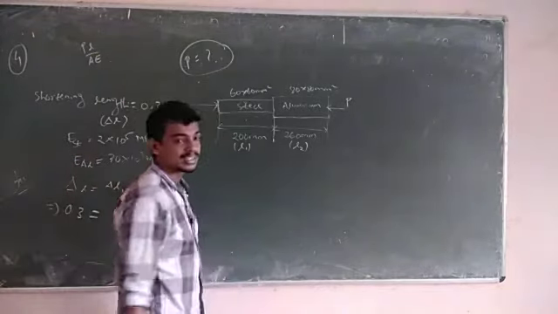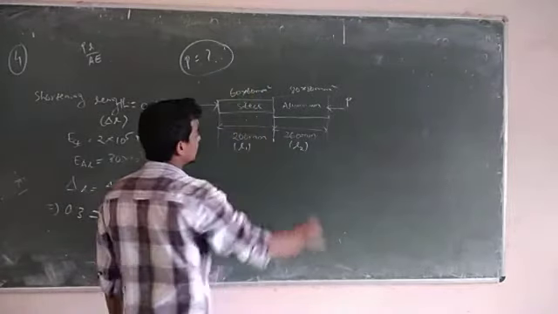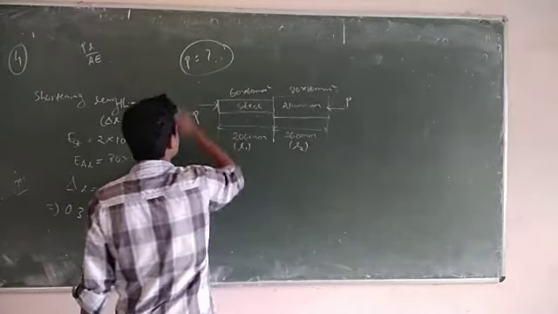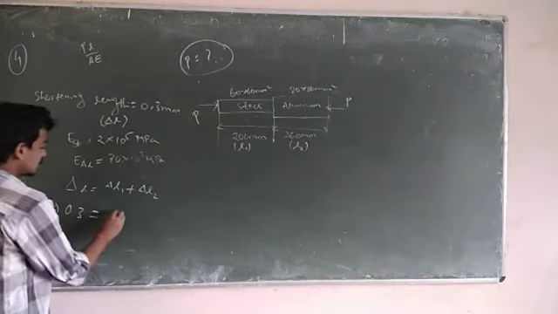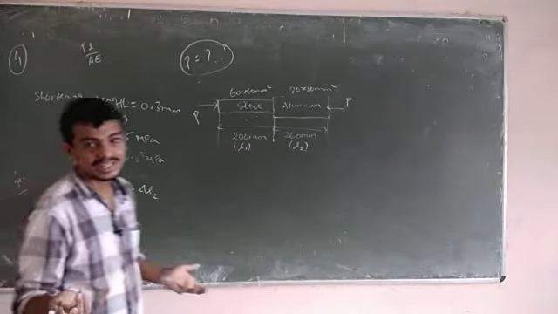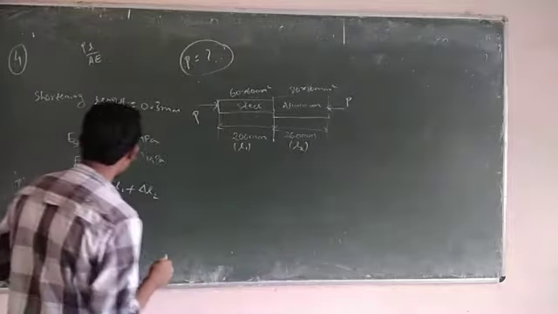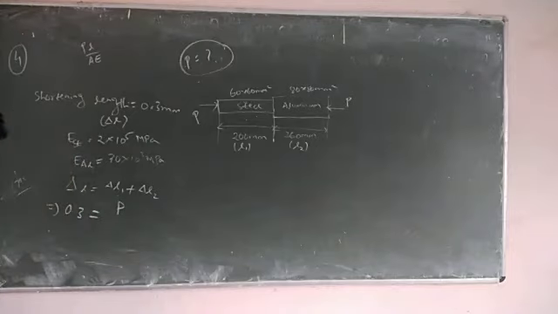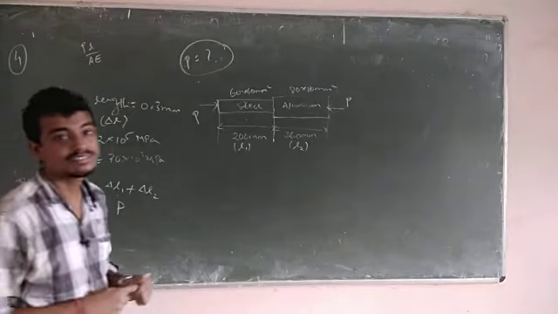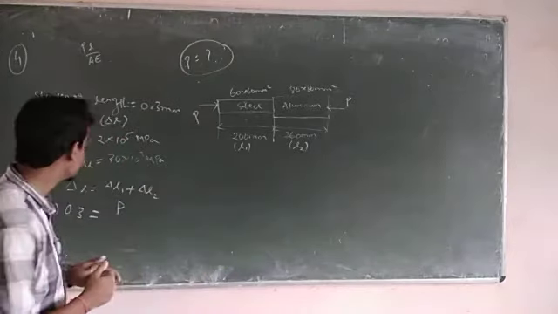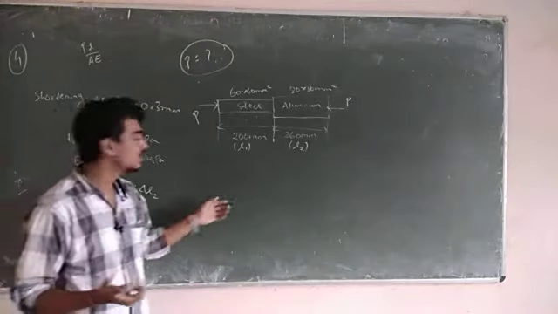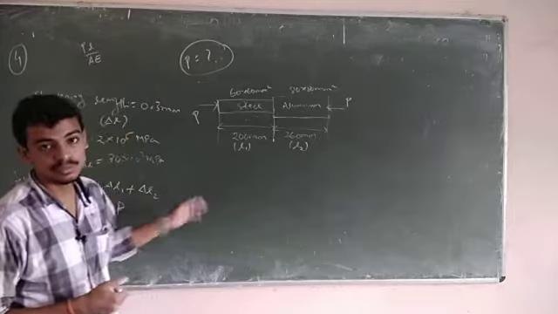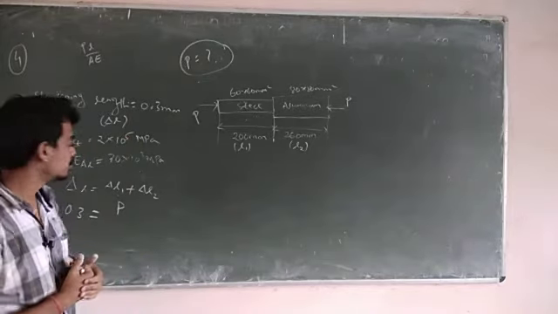As I told in the previous lecture, while applying the principle of superposition for steel, look at the left or right. I am looking at the left, so it is a compressive load. Because both are compressive, you can take both negative, so they will add. So I am not mentioning the unit or the sign. You can mention the minus sign, but there is no use because there is no tensile force here. If tensile exists, then you can mark positive and negative. In the next problem, we will solve more about the principle of superposition, and for more clarity we will solve more related problems.